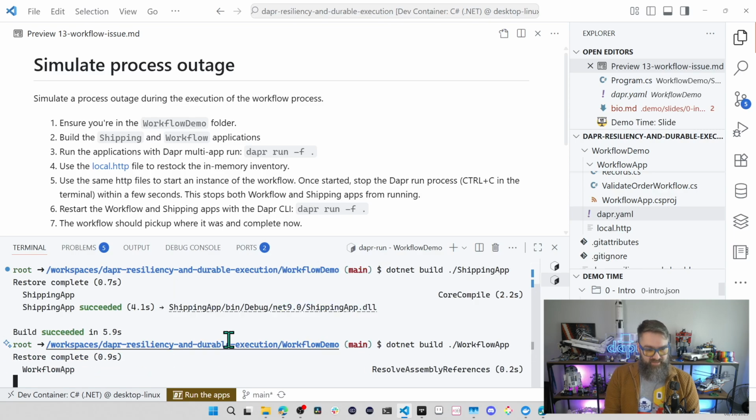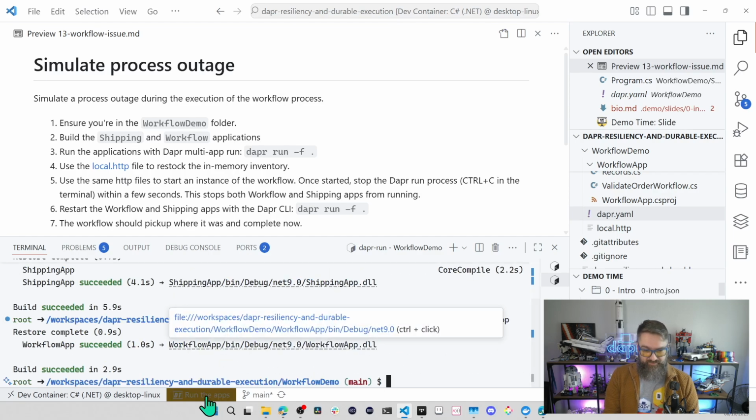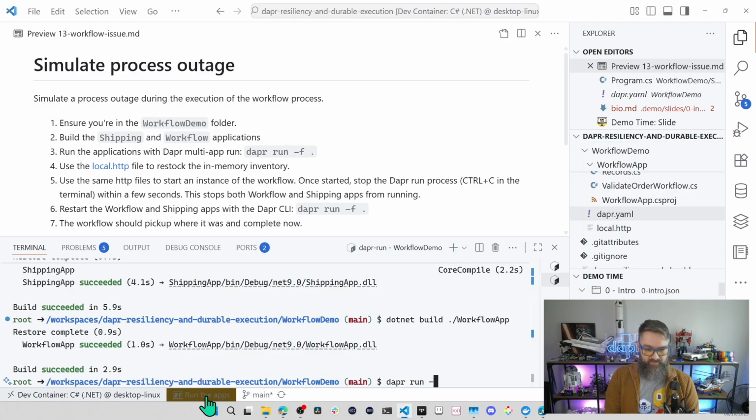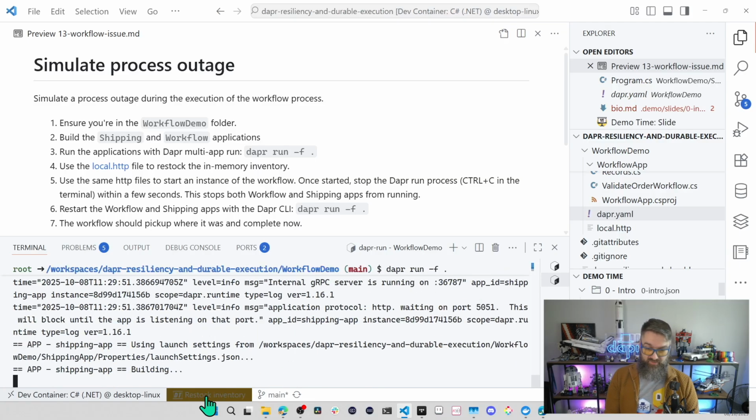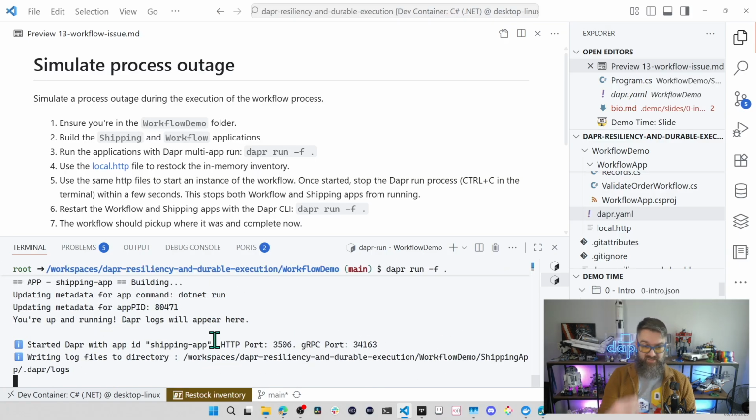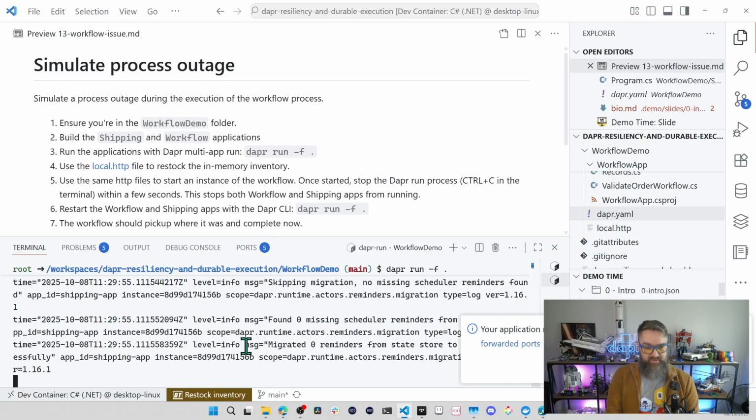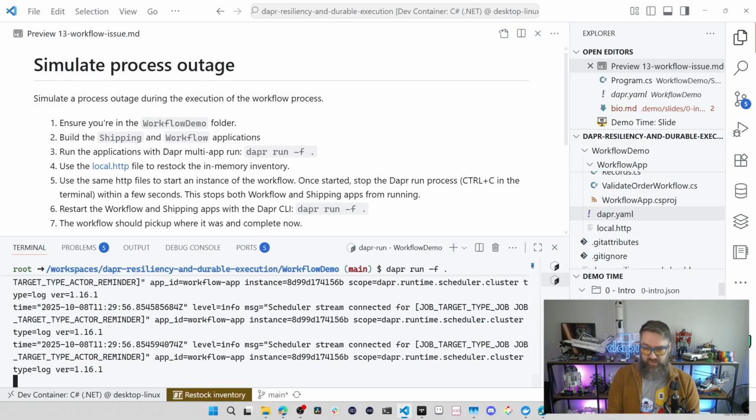Right, and the workflow application. Okay, so let's start running it using dapr run -f . So this will now read the dapr.yaml file. So both applications will soon be up and running. All right,